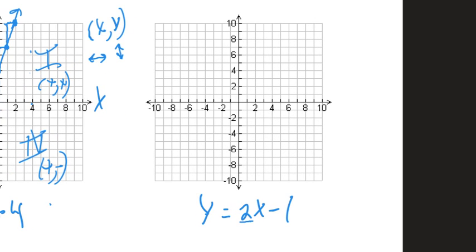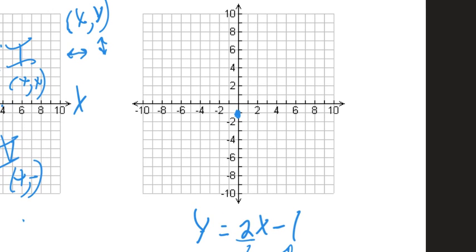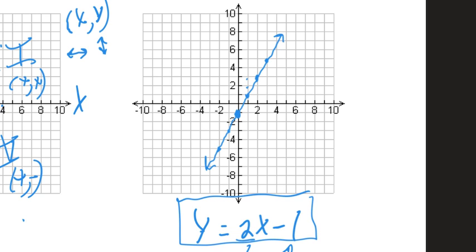The slope is up 2 over 1. The y-intercept is at -1. So I'm going to put a dot at -1 on the y. I'm going to go up 2 over 1, up 2 over 1, and down 2 over 1 the other way. This is your line. This is the line that is represented by this equation. That graph of that line